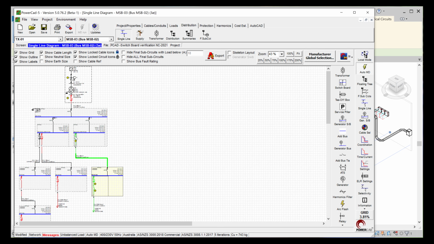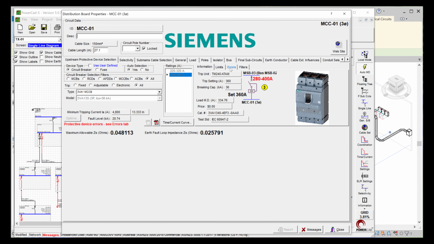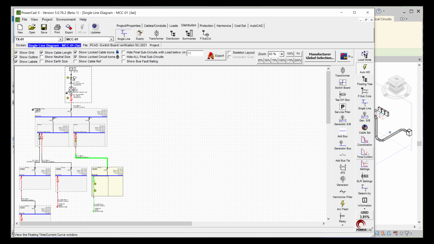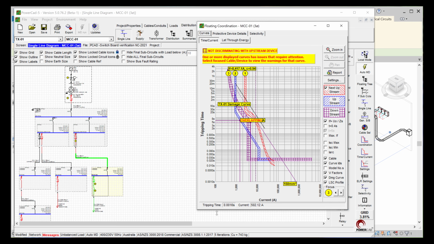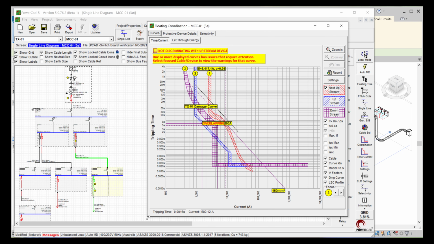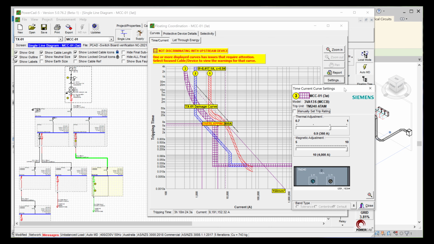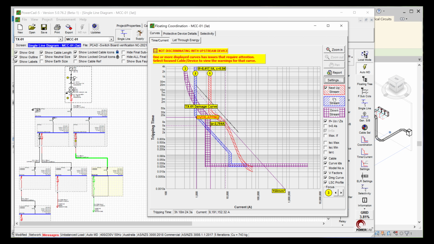So come up to the second one and have a look at the errors, and we've got a discrimination error. So to correct that, bring up the coordination screen, and if we have a look at this, we've now got an overlay. So if we have a look at device 3 for a start, and we move the instantaneous back as far as we can, and then have a look at the device 2,